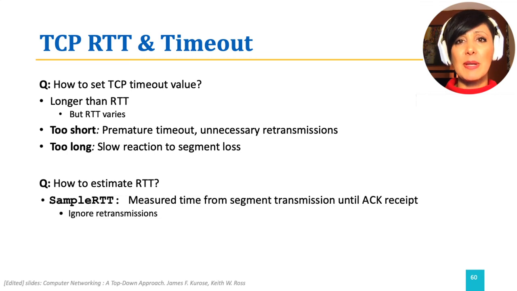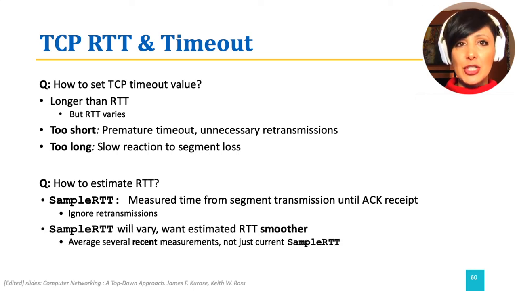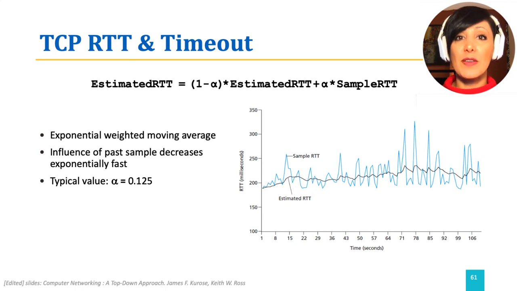We can measure a sample RTT using a segment's sent time till its acknowledgement is received. Then, use weighted averaging for historical aging of the average over the sampled value. We can use a weighting coefficient, alpha, to determine the weight of the historical and new sample values. The formula will be estimated RTT equals (1 minus alpha) times previously estimated RTT plus alpha times the new sample